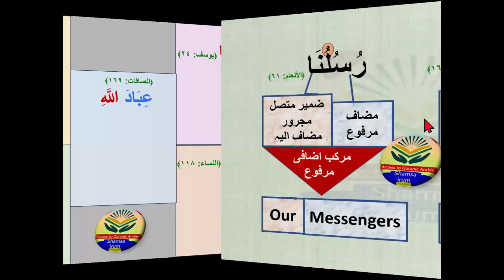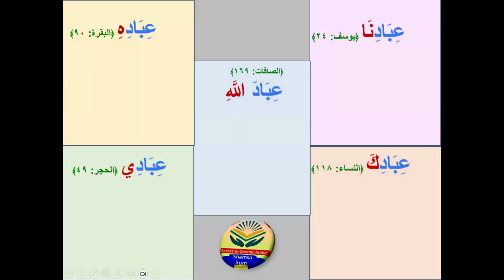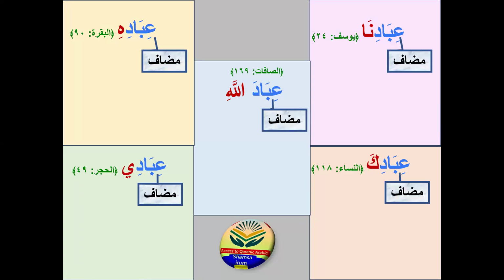Okay, a few more examples from the Quran Majid. If you check all these words, the first word is ibad. It is also a jama mukassar, a broken plural. The word abd is the singular, and ibad is the jama mukassar. So ibad is the mudaf here, and because it's an ism, and this noun is attached with the pronoun,